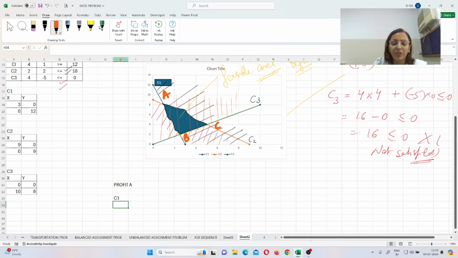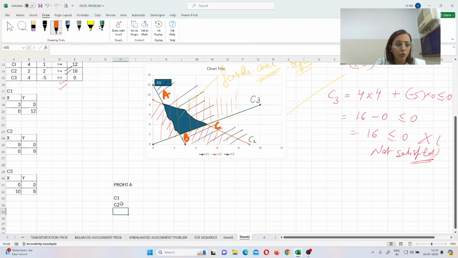Your answer will definitely be fine, though the wording can change. But if I'm talking about point number A, it is a combination of which two constraints? If you talk about this, the constraints will be C1 and C2. So you have to write here C1 and C2. That is the main important thing. You have to find out which constraints you are following.